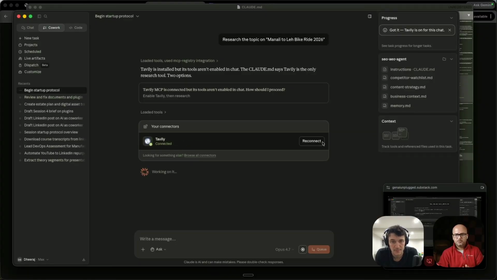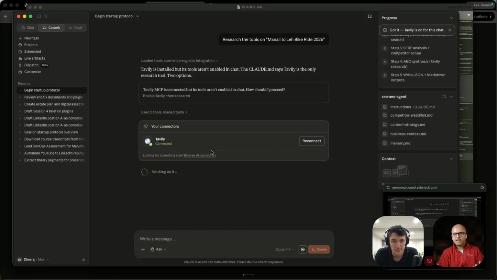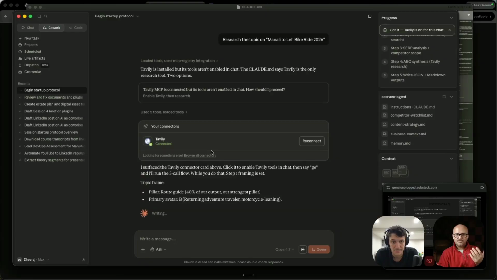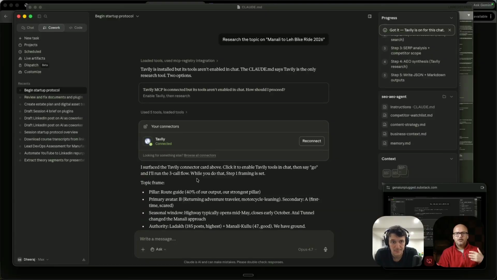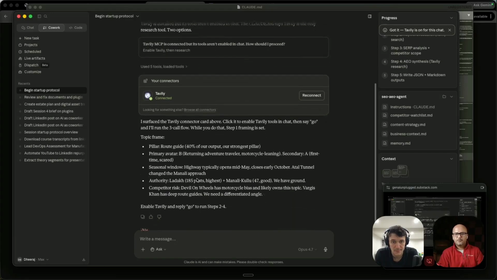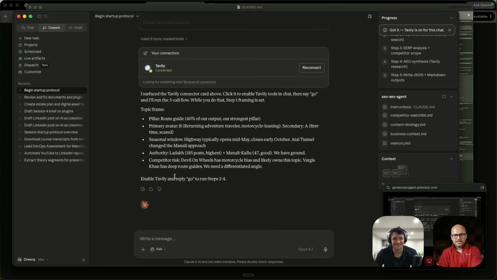So it's saying use this in chat. I have basically enabled it. Now it is connected, right? I could have started it with the connection, but I just wanted to show over here that even if you are making some kind of a mistake, something is not working, but it is put in the instruction, the Claude Cowork is going to handhold you till the time you get the result. So now it's saying, okay, enable it and then hit go. So I'll just say go.